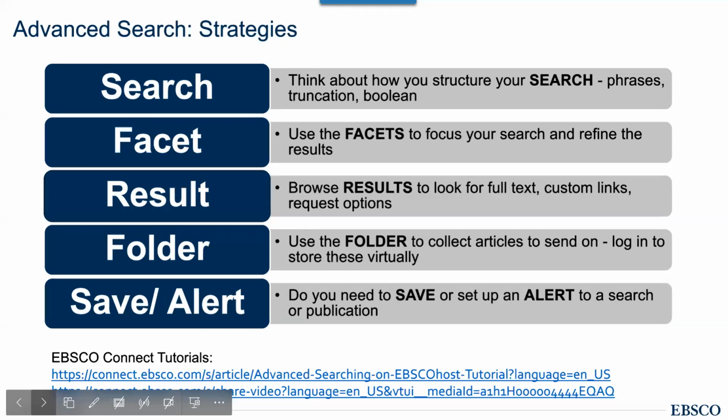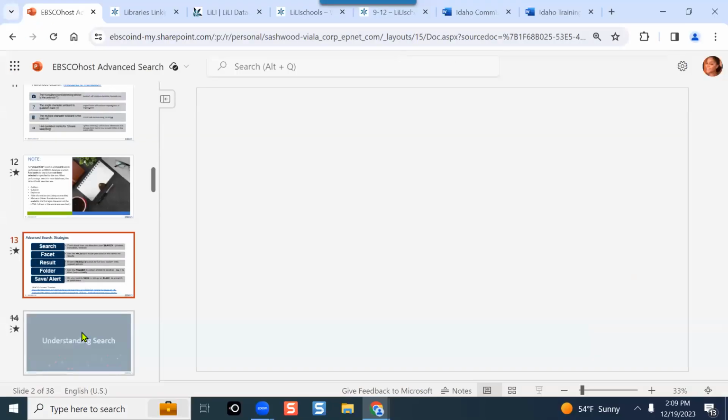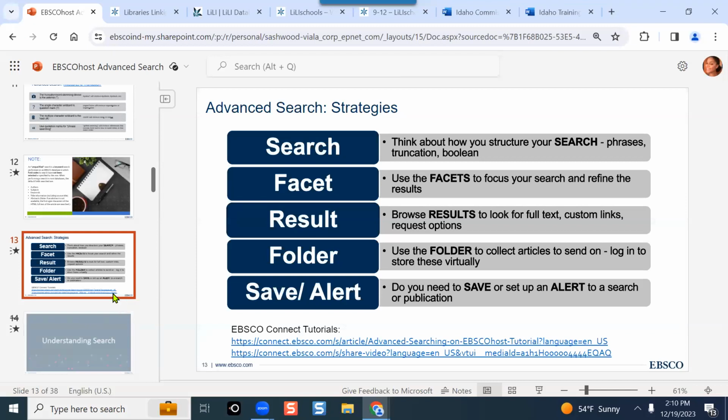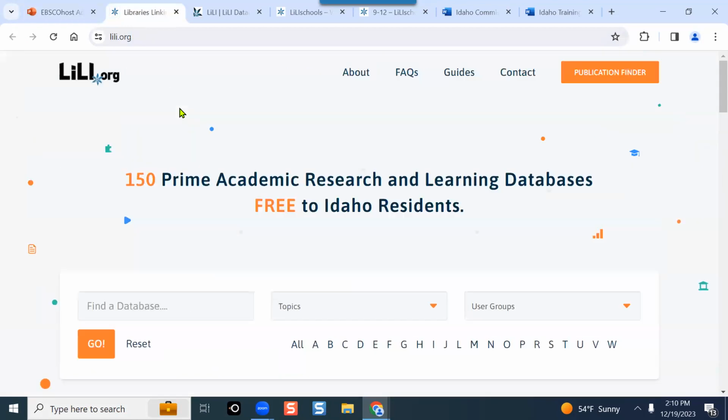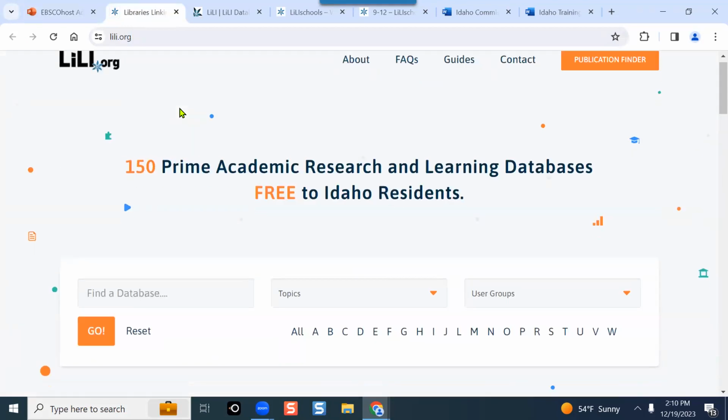There's a tutorial here actually that talks about advanced search strategies that I will also send a link to today. All right, so let's exit out of this. And I'm going to start by clicking over to the lily.org site just to cover where you can access these